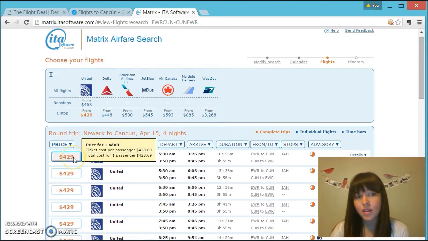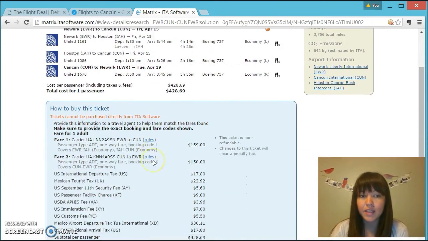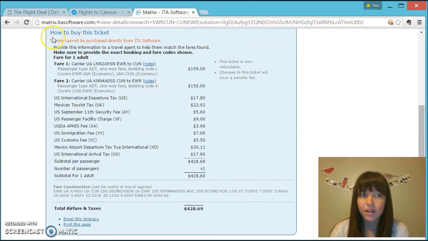So let's just say I want the cheapest one. I'll just select this one. It gives me the breakdown of the flights and the tickets. However, under how to buy this ticket, you notice it says tickets cannot be purchased directly from ITA software. So you have to provide this information